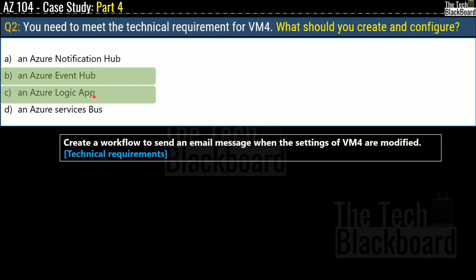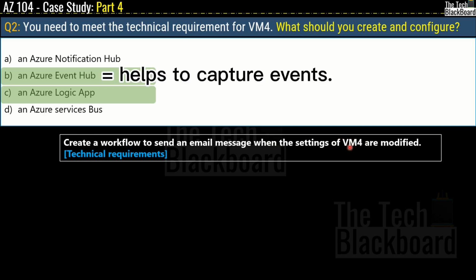Now let me give you my justification for that. First thing we note in this technical requirement is that we have to send an email when the VM4 settings are modified. So basically we need to capture the modification event of a virtual machine named VM4. And to capture the events in Azure, we need Event Hub. Also, the technical requirement says that we need to send the email message, and for this we have chosen an